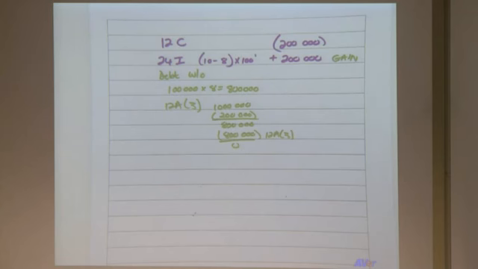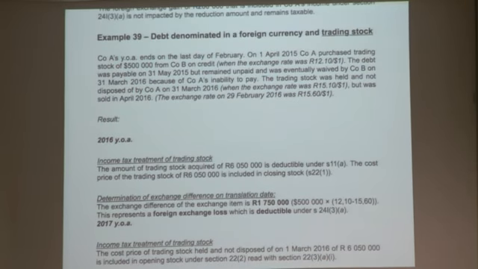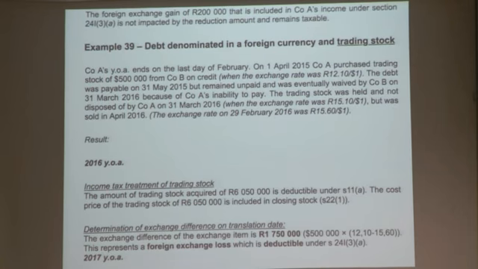Yes? Then the last one. Okay. Example 39. Debt denominated in a foreign currency, and now not an allowance asset, but I have trading stock. So if I have trading stock, I'm going to have an 11A deduction, and I'm going to have my closing stock at the same original converted amount. Remember, my closing stock figures don't change as my exchange difference changes, but I have a debt that is then